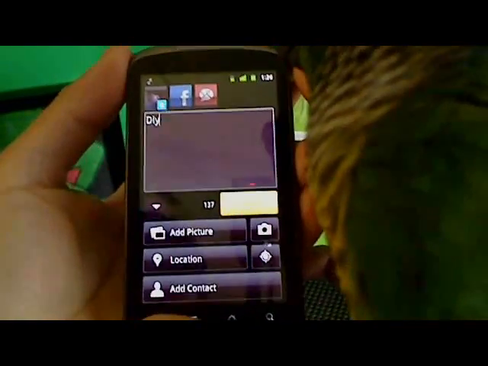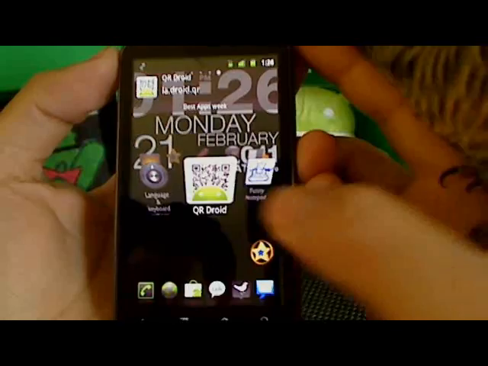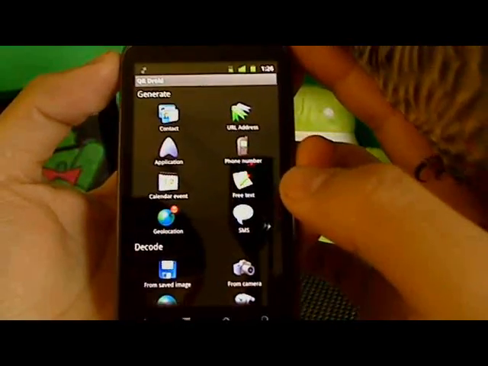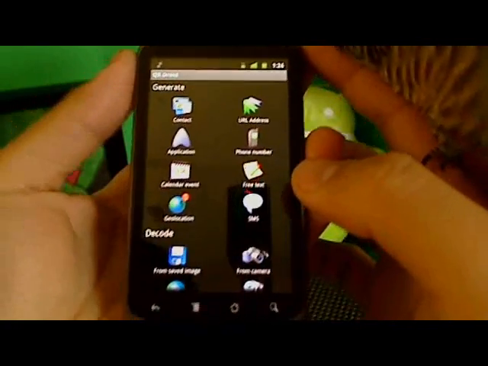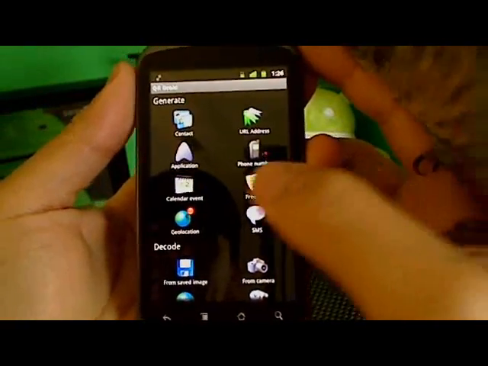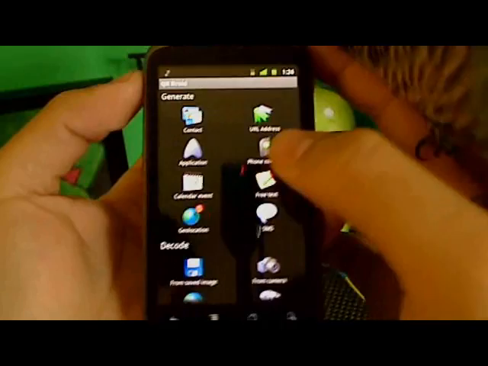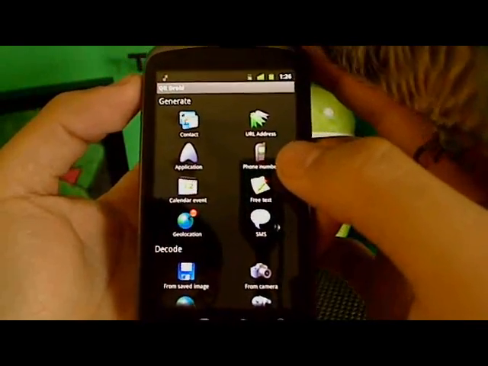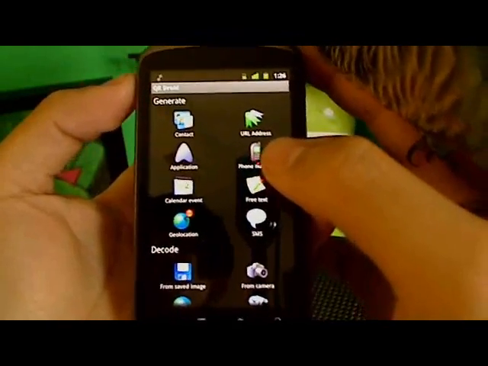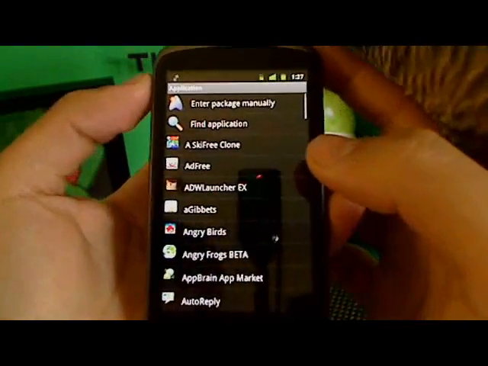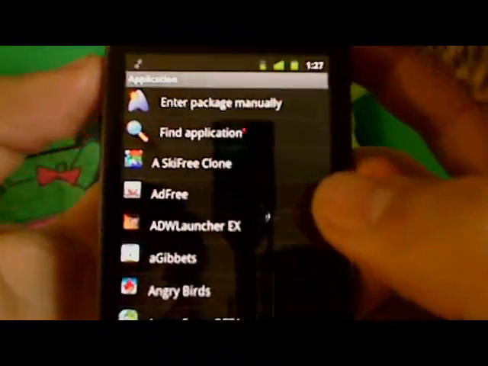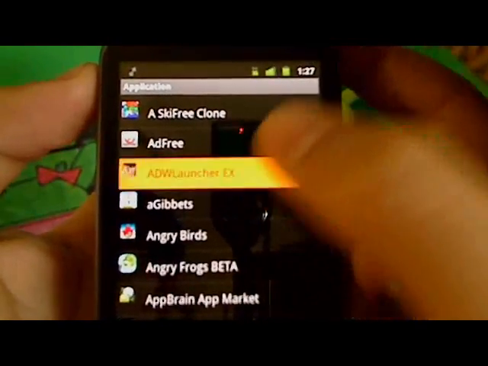Your talk button. QR Droid. Now QR Droid, this is really great. You can send people things on your computer or send emails, or just copy the QR code like how I do it. You can copy anything and generate it into a QR code, so when you send it, people can scan it and look at it just with Google Goggles. So if you want to send a QR code of an application, if I say, oh, I want to give somebody the